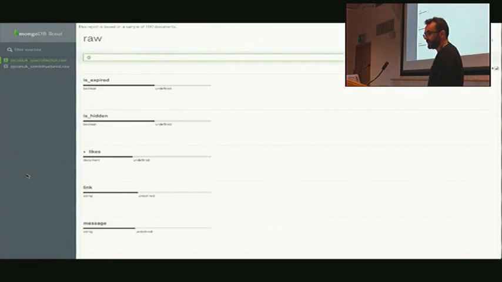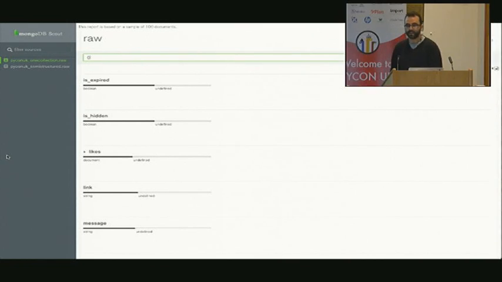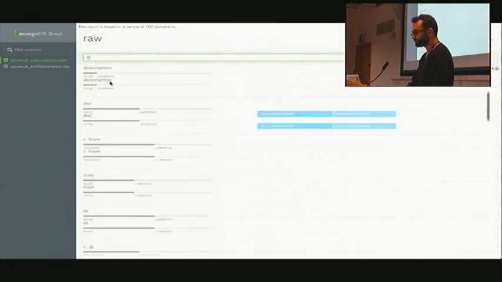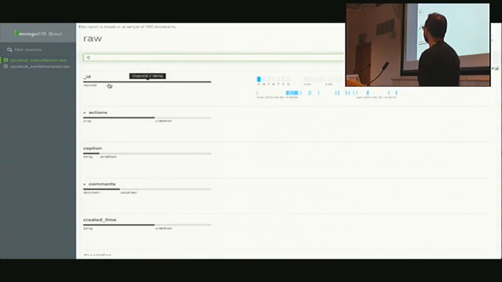So we have built this tool in MongoDB that allows you to inspect your documents. And it will do it in a sampling way. It will sample your database, check for the different fields that exist in your documents, and tell you ordinary things. Like, for example, if you are familiar with MongoDB,